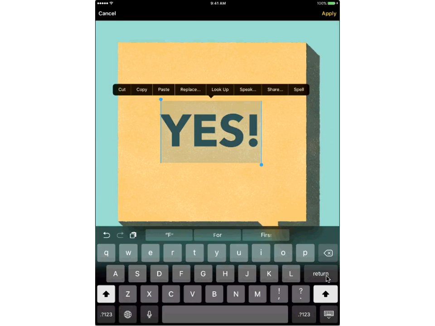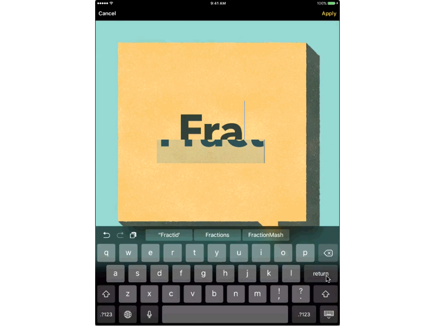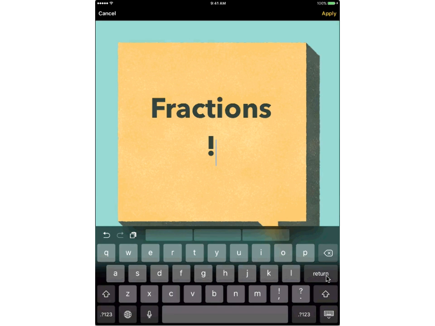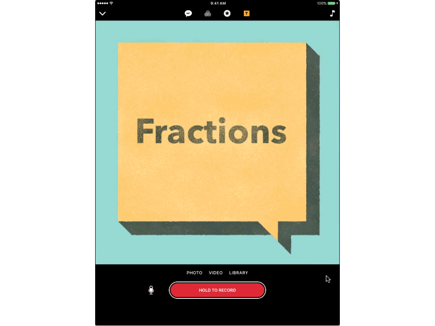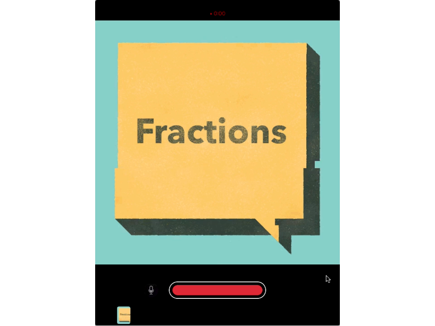And then we can just tap on the words to change them up. And we'll just say fractions. Put a nice exclamation mark on there. It doesn't go to one line. I don't like that. There we go. Now to add that to your story, we have to hold and record because everything is a video that it's going to end up. So as we hold and record,